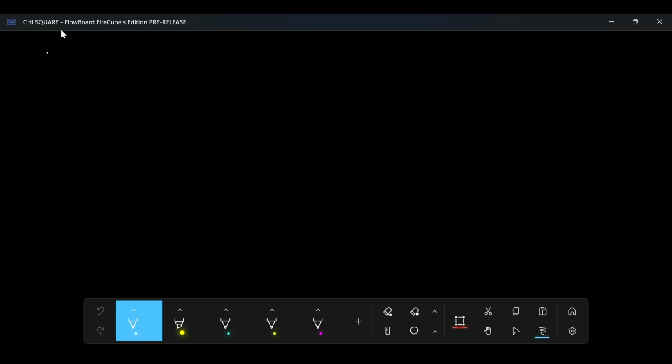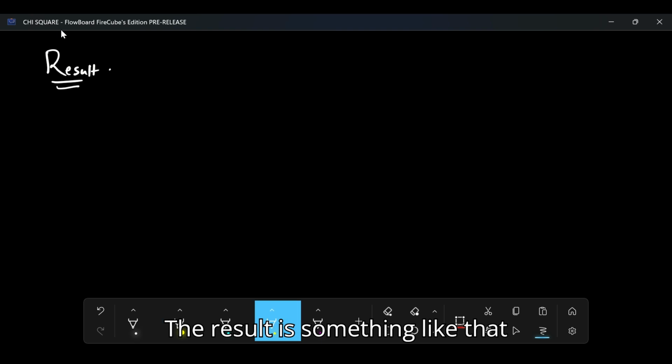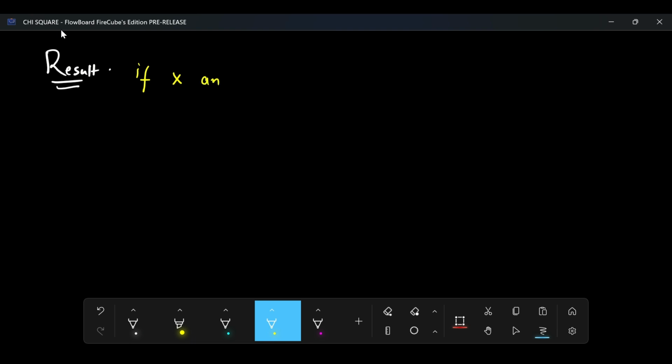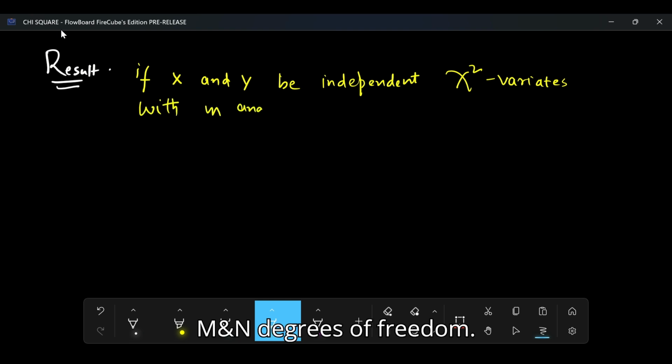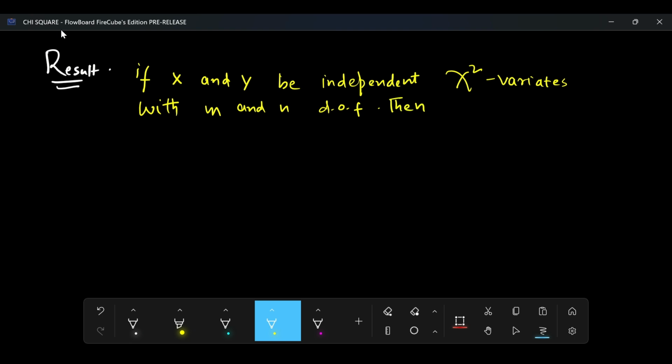So here is the result. Let's start from the result. The result is something like that: if x and y be independent chi-square variates with m and n degrees of freedom, then